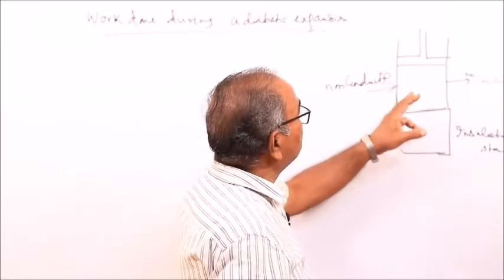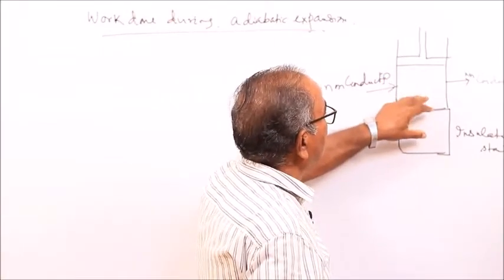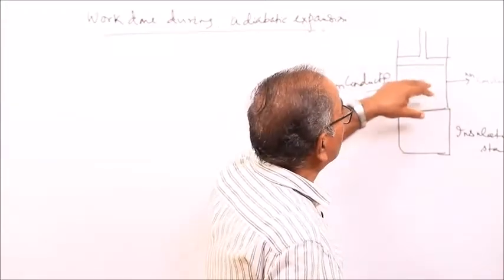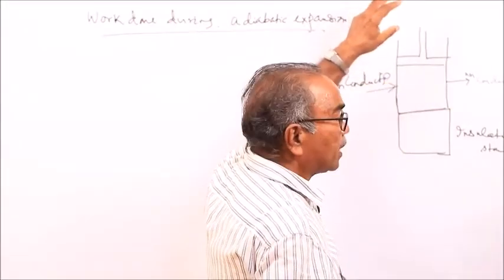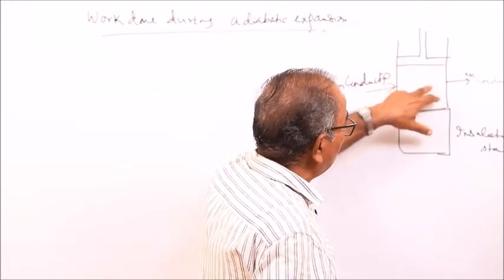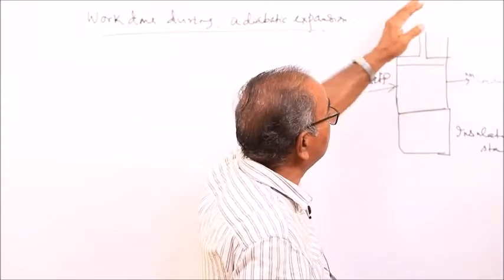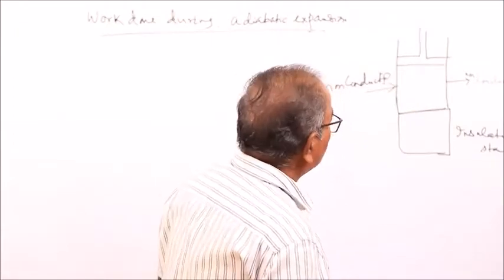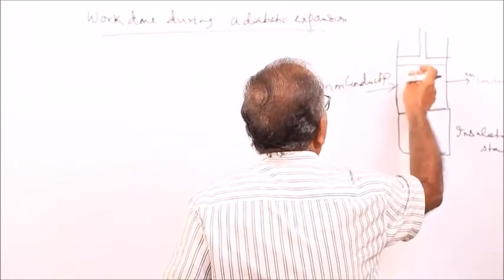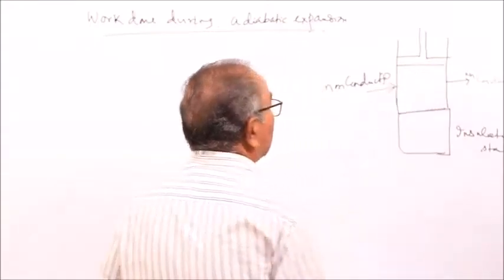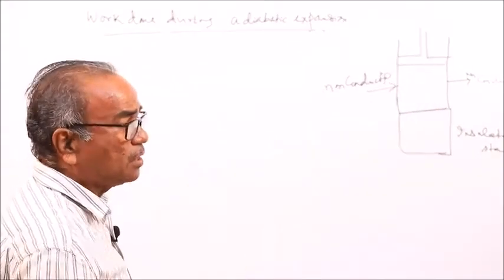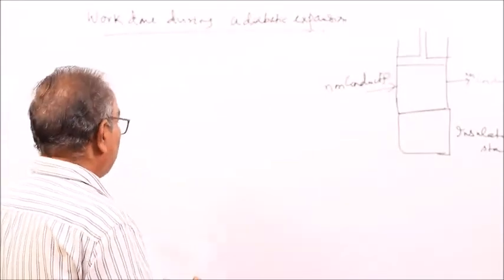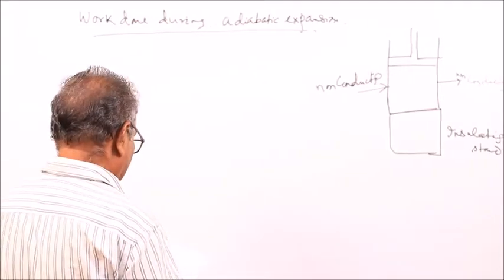But because of inertia of motion, the volume is changing and it is pushing the piston upward. So there will be a change in pressure and volume, and also a change in temperature. It is not receiving heat from or giving heat to the surroundings because it is placed over an insulating stand. Because of this expansion it will do some work, and since no heat is being supplied to or taken from the system, this is an adiabatic expansion. So we will find out the amount of work done.